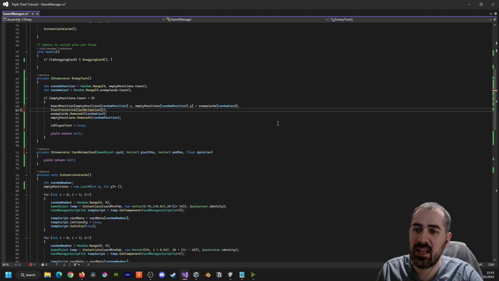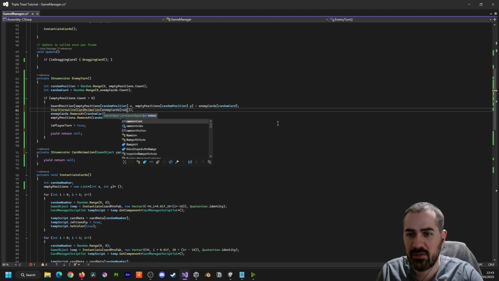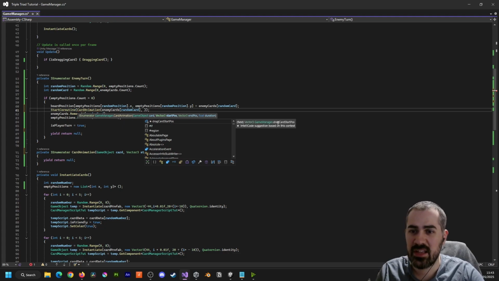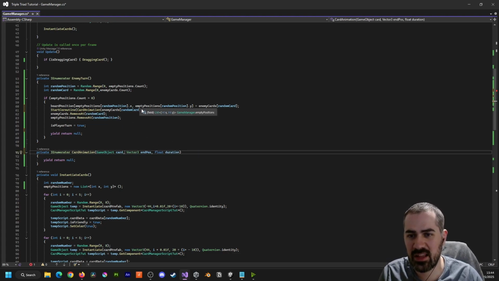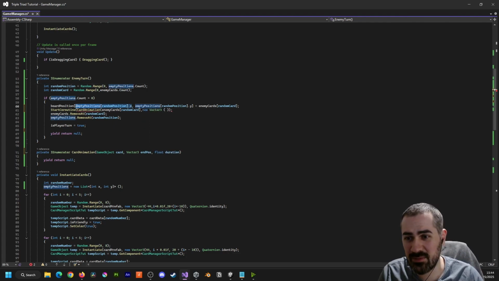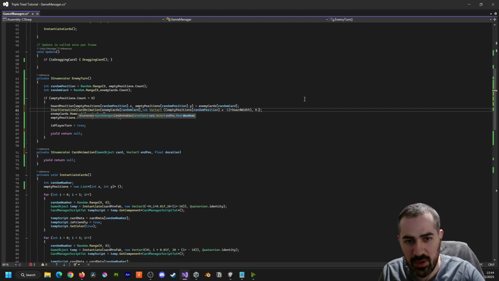So I'm going to say it would just be enemy cards, random card is the reference we want for the card. The start position is, we won't need a start position. Instead, we can just do it this way. And the end position is going to be a new vector 3.random position.x, which is a bit long. We probably could have simplified this at some point. And we're going to do -1, and then we're going to times by board width. Empty position times by board width. In the y, 0.01f, and then the last